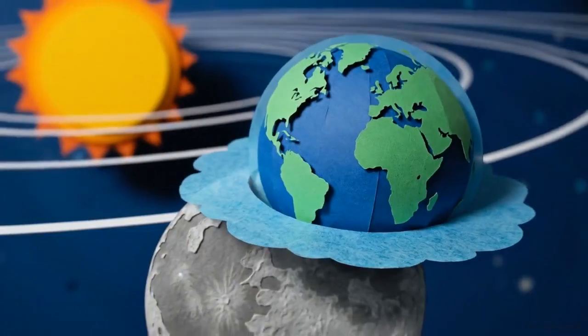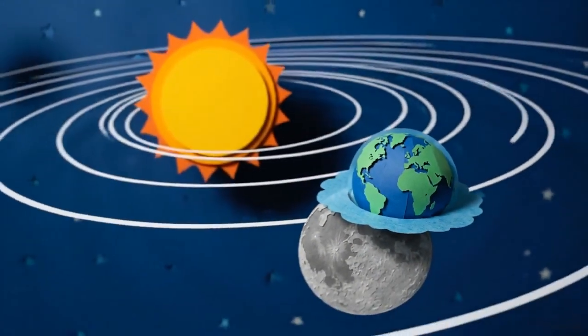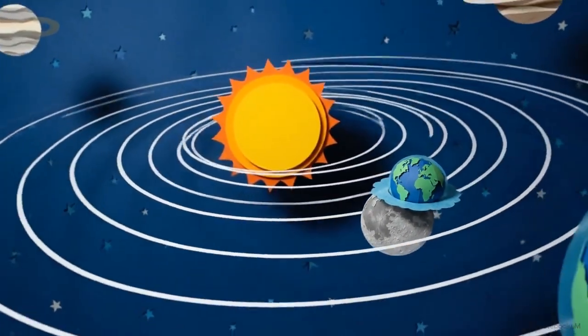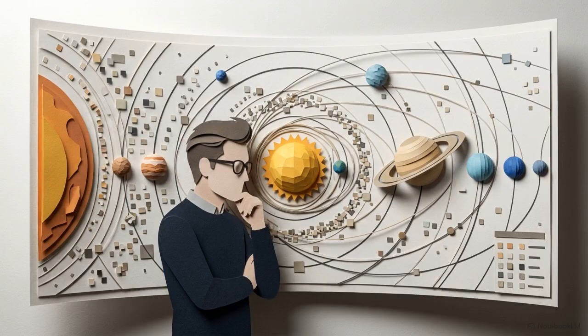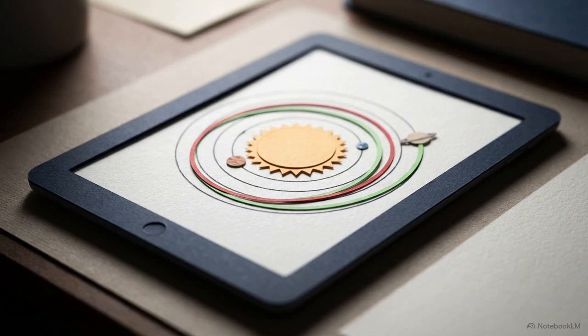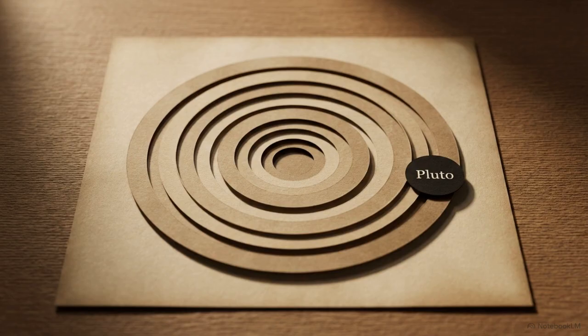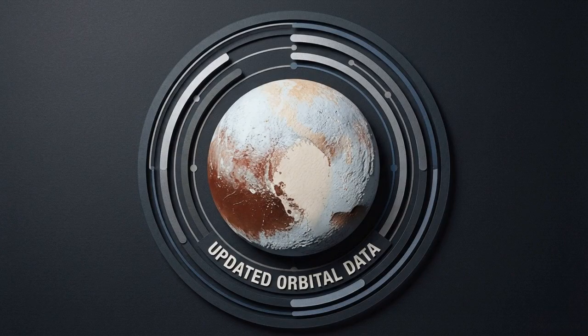And when we look past our own atmosphere, we can place that interconnected Earth within the vast mechanics of the solar system. At this scale, scientific discovery is an iterative process. Each new finding can force us to rearrange our existing understanding of the cosmos. For decades, our maps of the solar system included 9 major planets. As telescope technology improved, we gathered new data on Pluto's size and neighboring objects, forcing astronomers to officially reclassify it